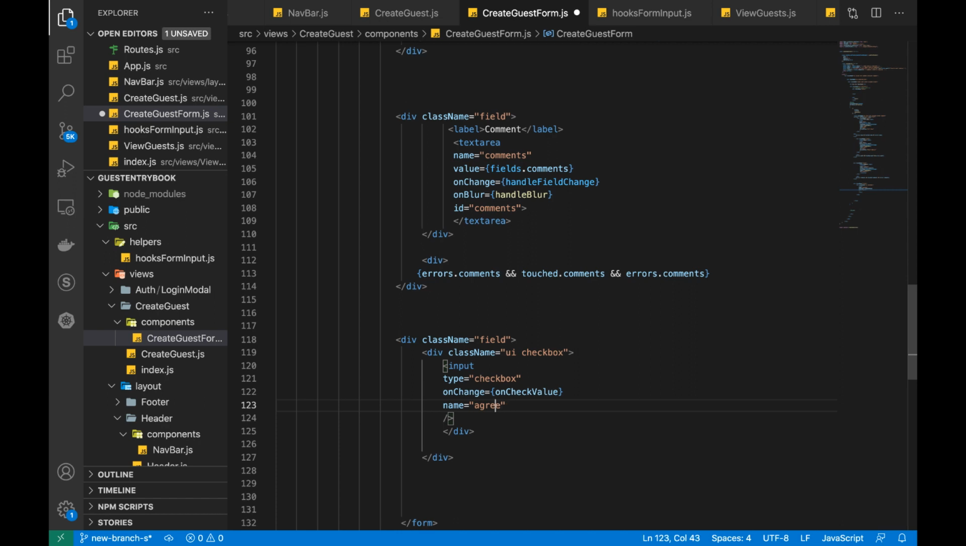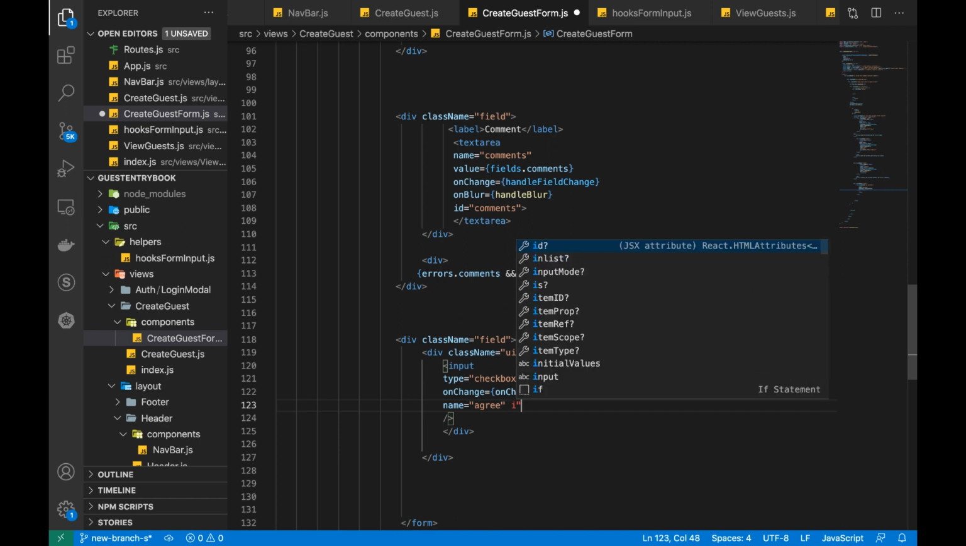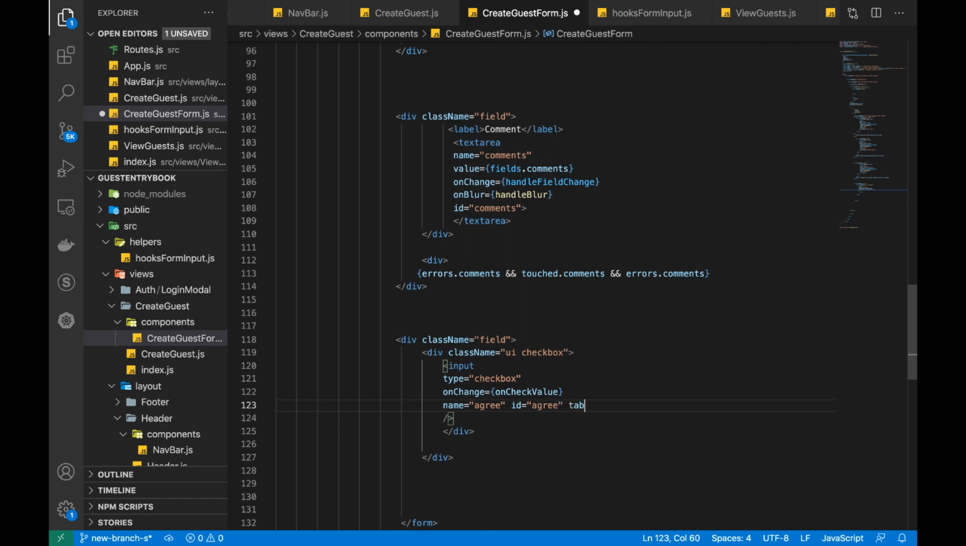So here I'm going to call agree, and the ID is going to be agree, and then I'm going to set a tab index here of 0, and then another property which is the class name, and I'm going to give it a hidden class name property. And yep, we've already closed this, so I'm not going to close this again. So we are then going to have our label, and this label is going to be for, so let's use htmlFor. So for this label is going to be for agree here. So I agree to the terms